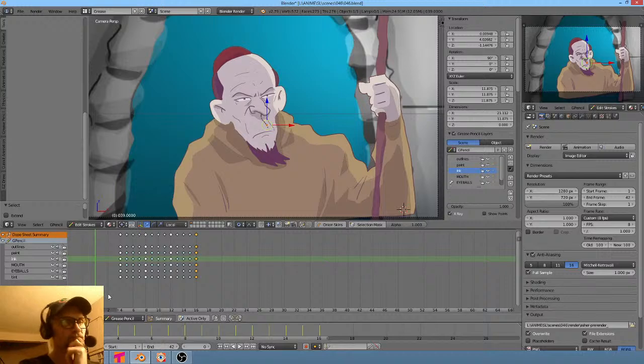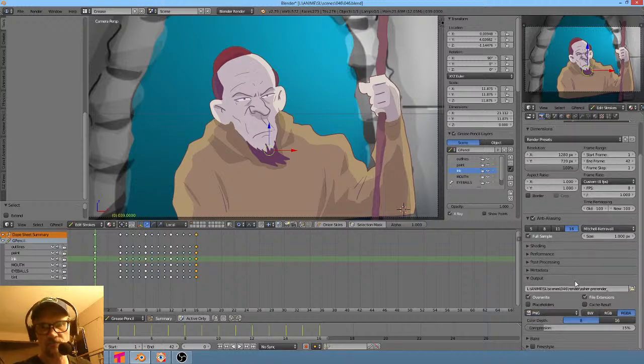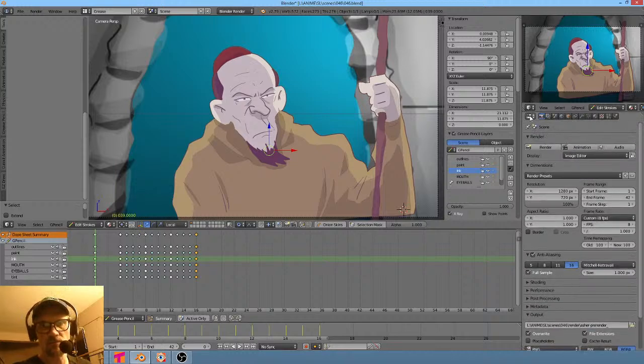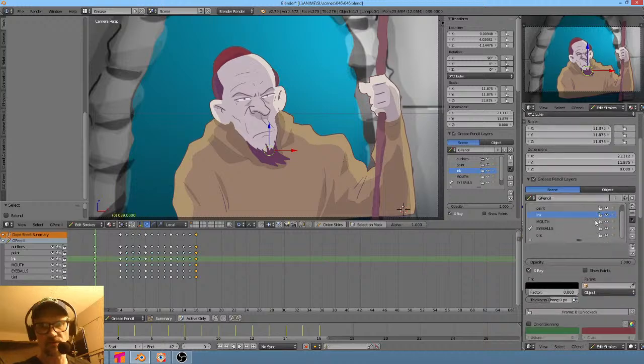Number one, if I deform the grease pencil, let's say, I'm going to go into edit strokes mode. I need to make this a 3D view so I can go in here. Okay. Okay, so his mouth,